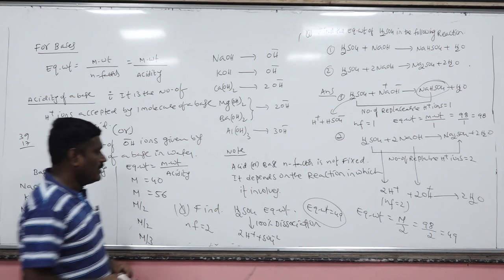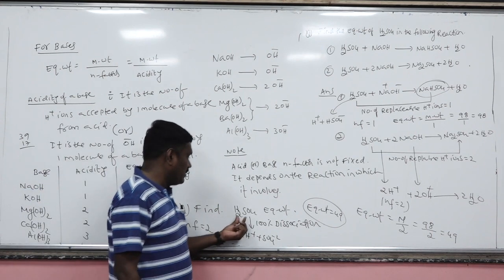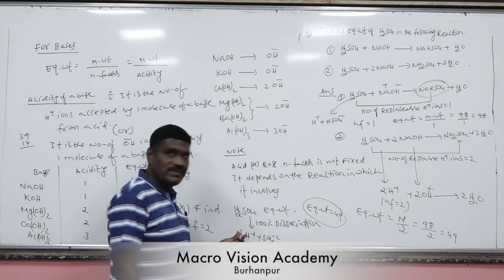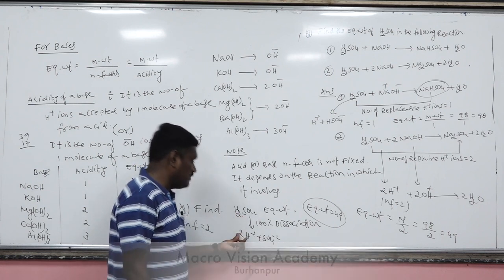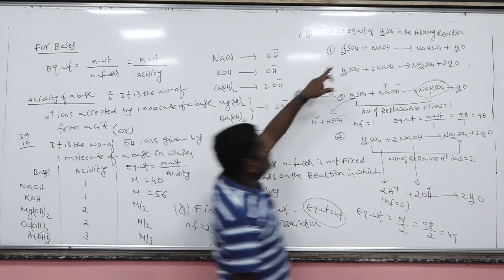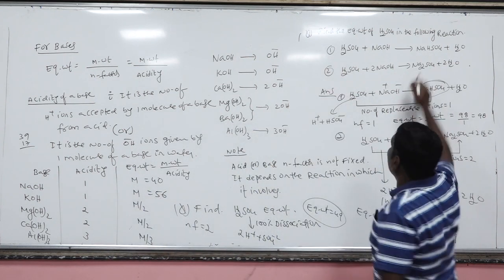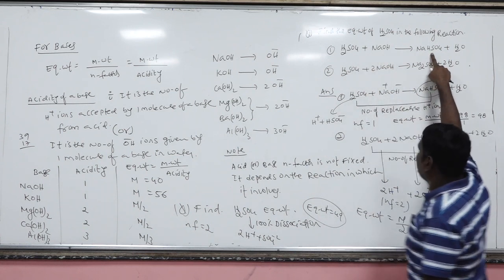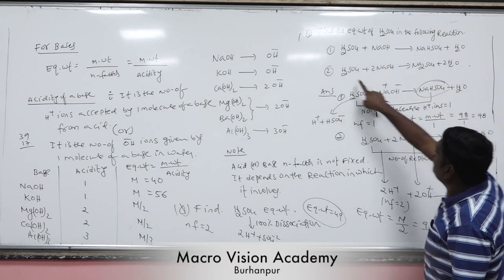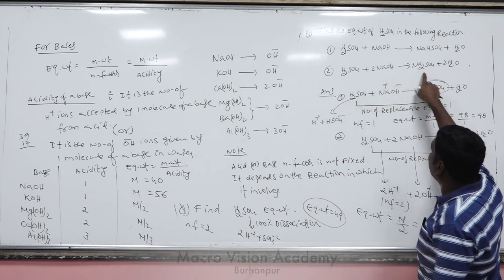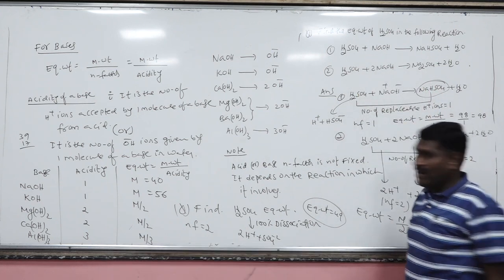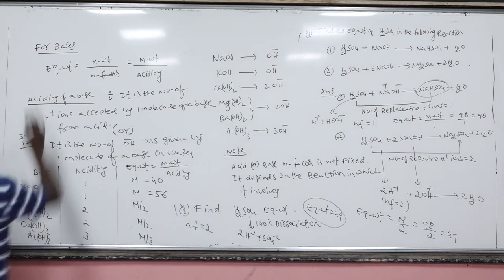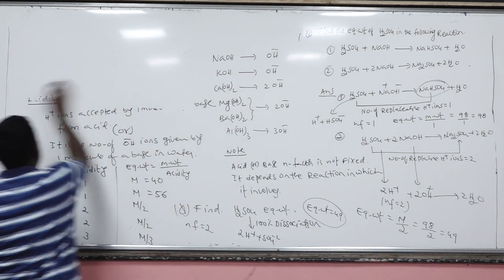So, whenever in a question only acid or only base is given, we have to assume 100% dissociation, that means the maximum number of H plus ions. Otherwise, we have to solve only according to the given question. According to one question, only 1 H plus is replaceable, so n factor is 1. According to another question, 2 H plus ions are replaceable, so here n factor is 2. Are you getting my point? And one more question I am giving to you. Please solve it.